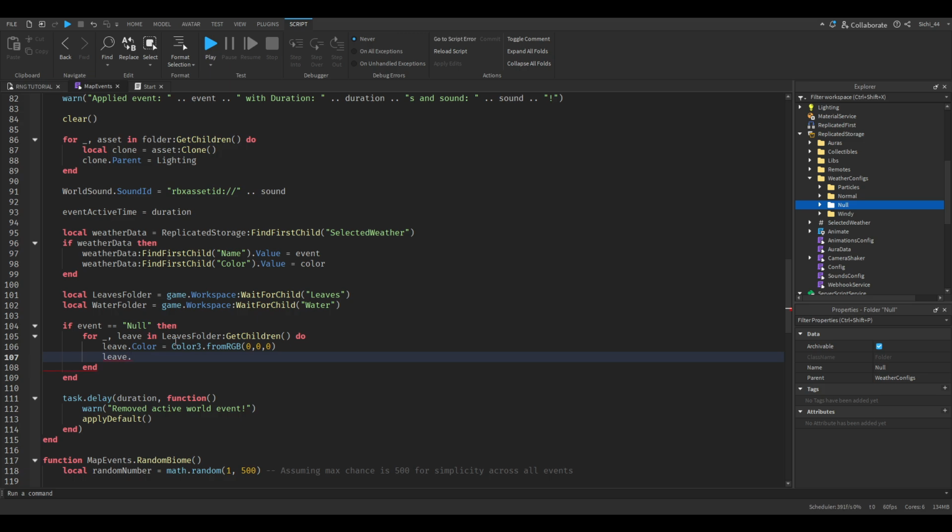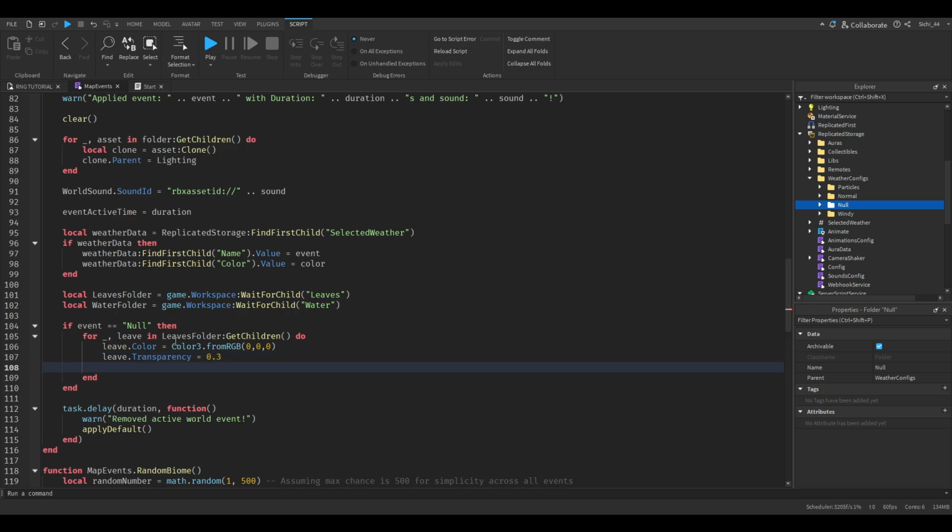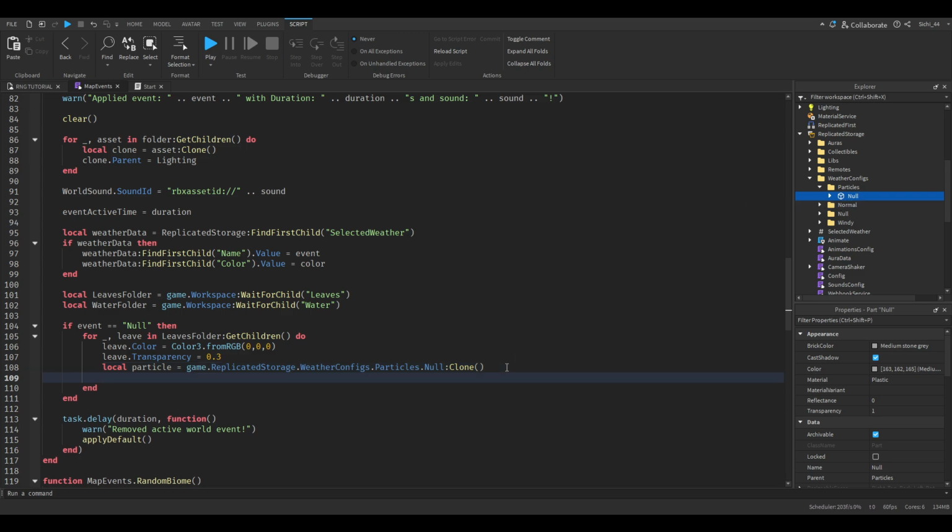Then leaf.Transparency, I'll put it equal to 0.3. And then local particle. This way you specify a particle equal to game.ReplicatedStorage.WeatherConfigs.Particles.null. Then I want to clone it. So this is pretty much this here. Yeah, we just clone it, and then particle.Position is equal to leaf.Position,